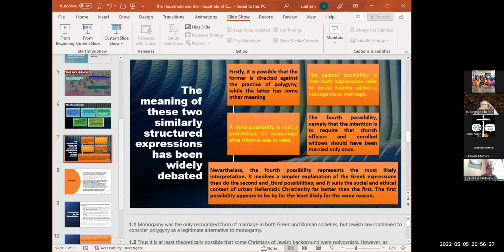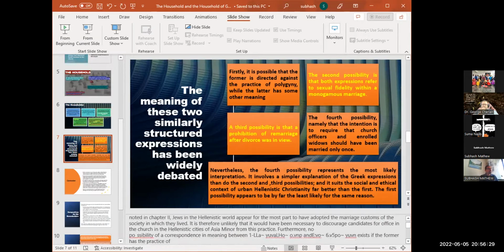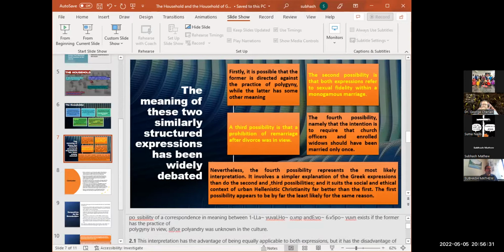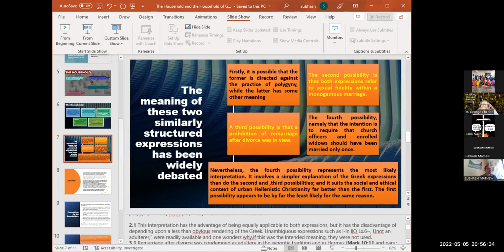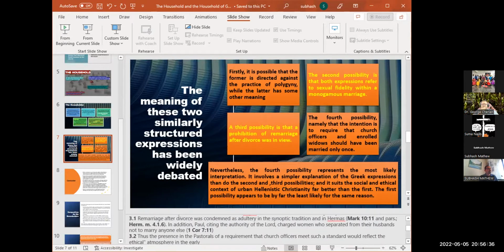I can't even see my cursor. Okay. So that's a situation. And then the article clearly says,